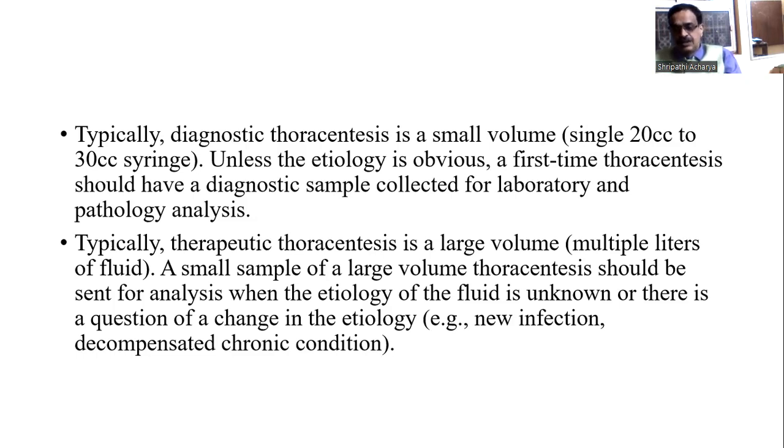So, the actual procedure is, at the flank, the intercostal area, the fourth or fifth, you apply the local anesthetic, injecting it. After that, you puncture at the lower border of the fourth or fifth rib. When the fluid comes, the puncture is stopped and it is attached to a tube to drain the fluid.